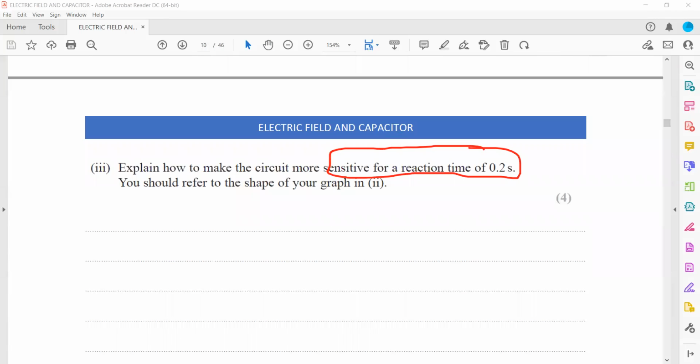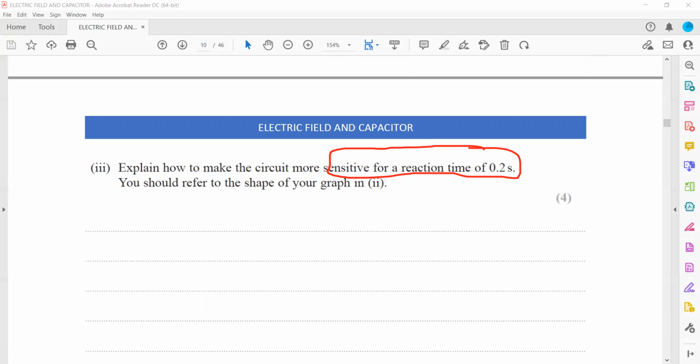So what we should do, if we want to make it more sensitive, it means we want a greater change in the potential for the same time interval. Because if the change in the potential is greater, it means that we can easily determine this time. So more sensitive refers to a greater change in potential for a given time. So what we should do,